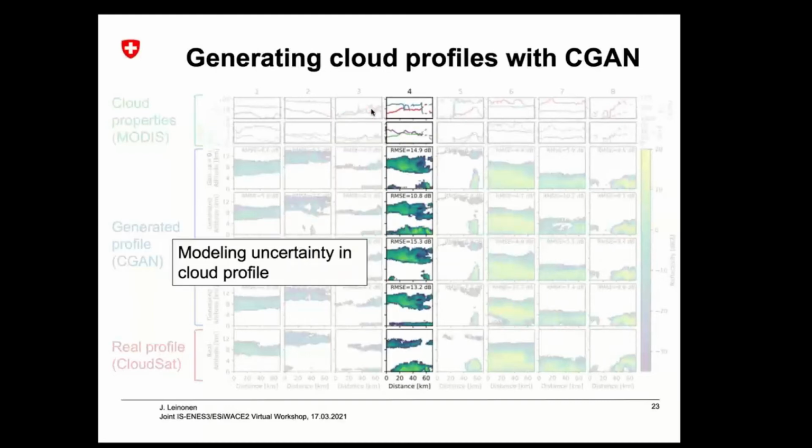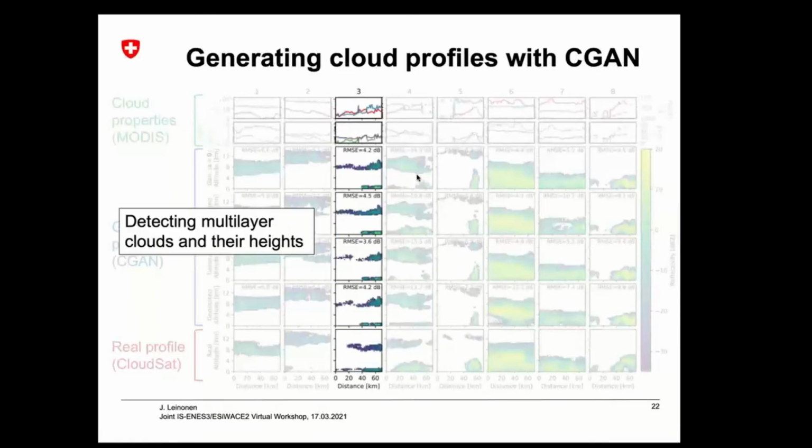And another thing we can see is that we're doing a pretty good job at modeling uncertainty. So in this case, the model is a bit more uncertain about what kind of cloud profile there might be underneath this MODIS measurement, and so it reflects that by generating more variability in the outputs. So if we look at this previous example,